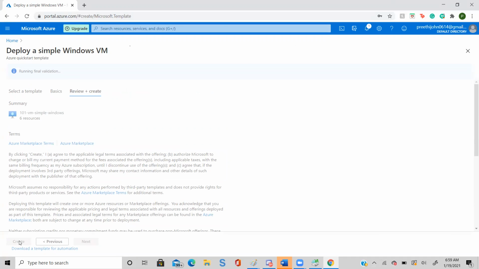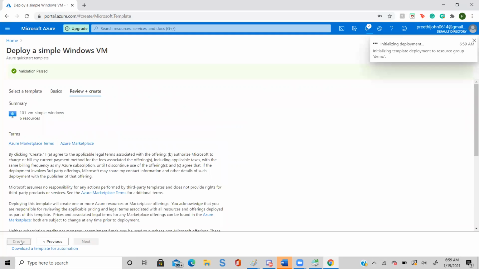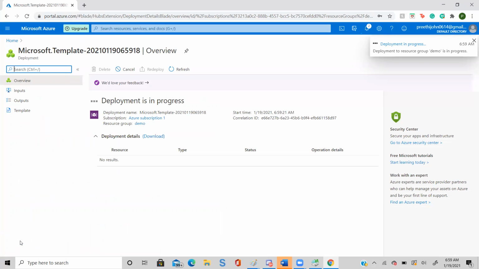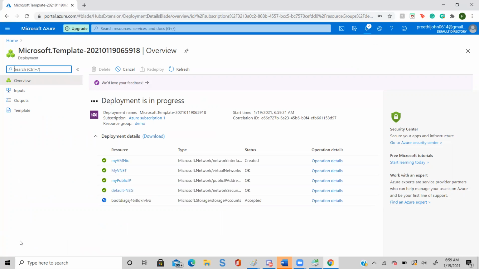It is easy. So it means I can create it. Just click it, just test it out. So your VM will be ready with the name simple VM, with the Windows 2019 operating system, because everything is defined in a template. So this is the way you can write your template, you can use your template.